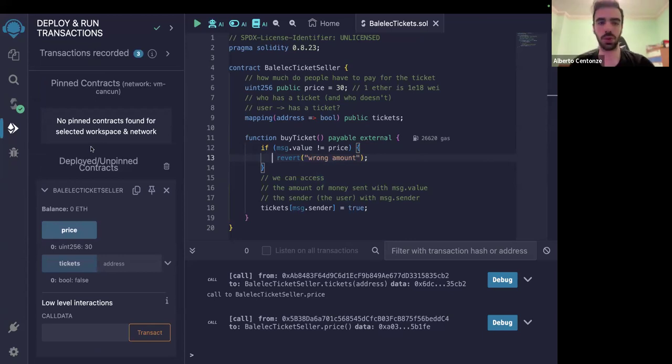To give you a simple answer, the user would pay for it. If you send the wrong amount, you just pay for the wasted computation that you did, which was useless, but nodes still had to do it. This is like a DDoS attack protection. But this usually does not happen anymore, because what nowadays happens is that the transaction is first simulated on the browser to see if it's going to work or not, and if it doesn't, we don't even let you send the transaction.